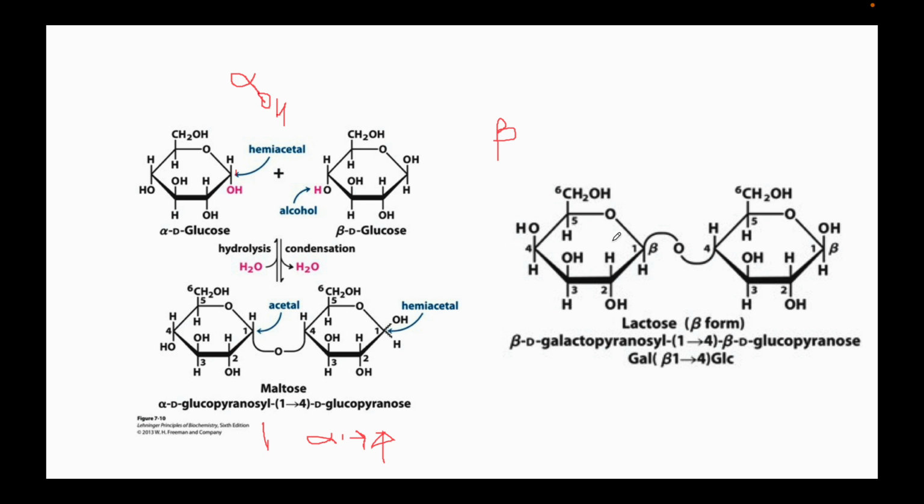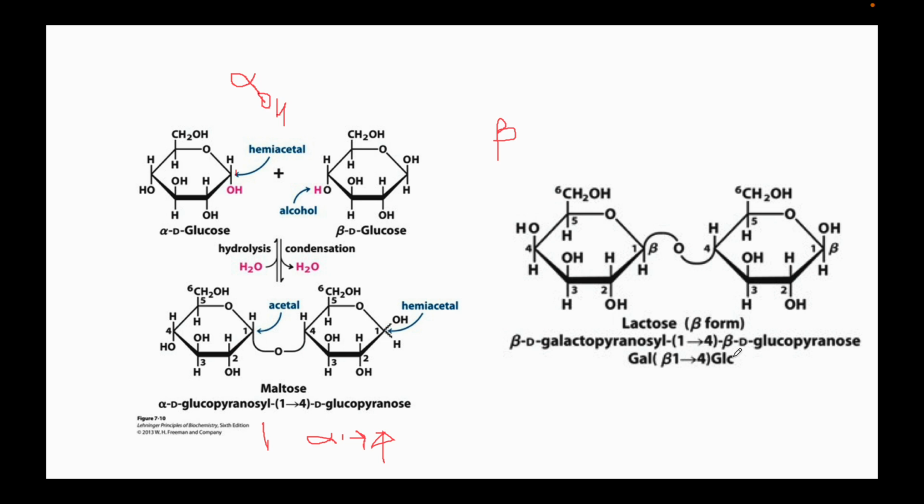Okay, so this galactose is also beta and this glucose is 1,4. We are able to break lactose. Why? Because this is beta galactopyranosyl 1,4. Right, what I said earlier, beta glucose 1,4 linkages cannot be broken by our body, but beta galactopyranosyl 1,4 linkage